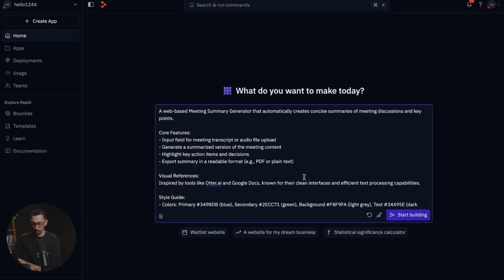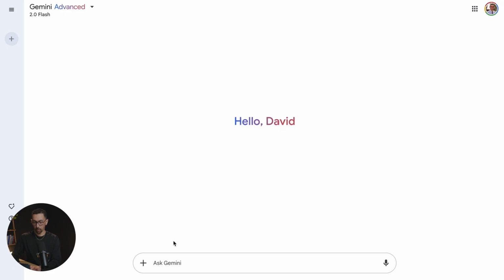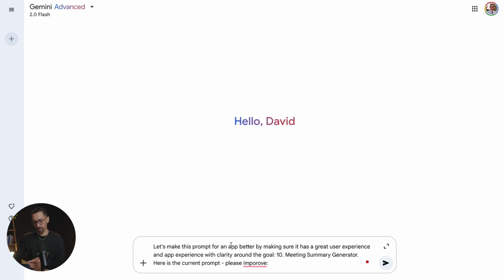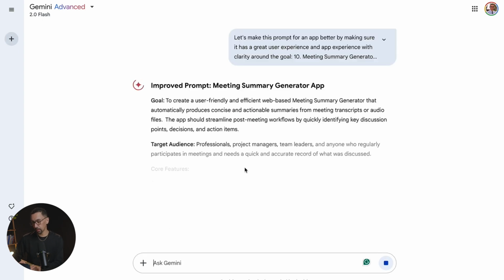This is a great starting point, but we're going to go a little bit further. What I'm going to do is take this and drop it into Gemini and say this. Let's make a prompt that makes this great app, user experience, blah, blah, blah. This is the focus of the app, meeting summary generator. Here's the current prompt, please improve. Boom. So I'm going to paste that in and then allow it to do its work,